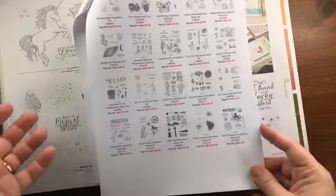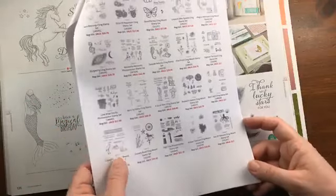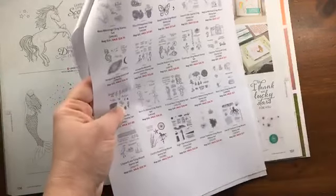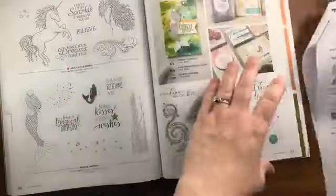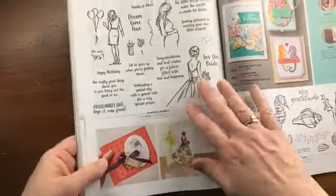Although I've discovered that I left a stamp set off the list. My bad. I'm trying to figure out where we're at. Oh, this is a good one. Where's the page number? Let me see. Wonderful Moments, page 138. It's just the next page. I don't have any samples with this stamp set, but how